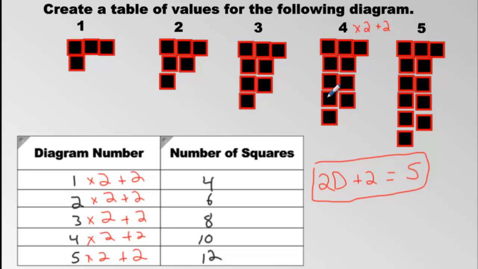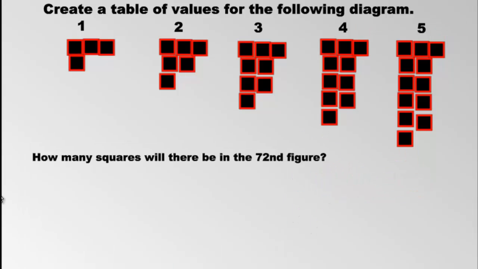And that's how many, count them. 1, 2, 3, 4, 5, 6, 7, 8, 9, 10. Here you double 5. And you add 2 more. You get 12, which is how many blocks there are. And it works every single time. We can now use that relation. Double plus 2 equals the number of squares, and we can use it to predict how many squares we will